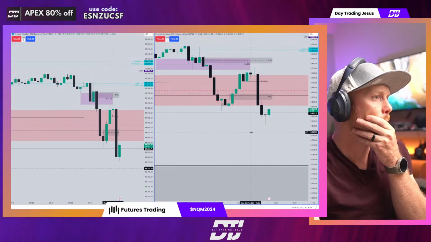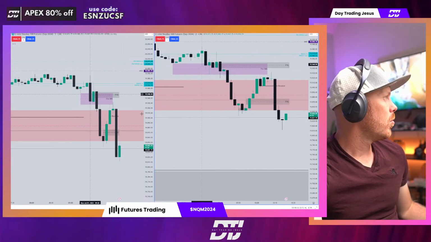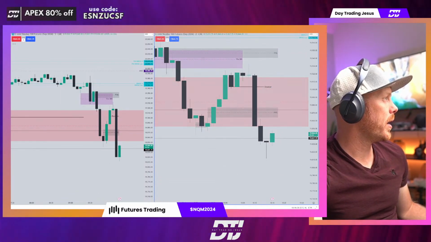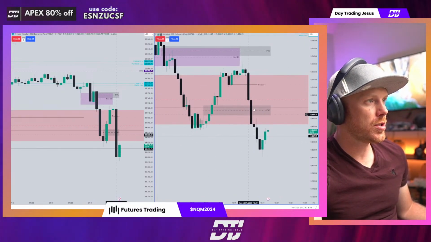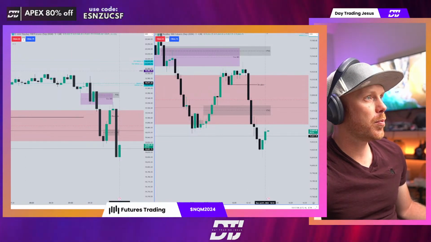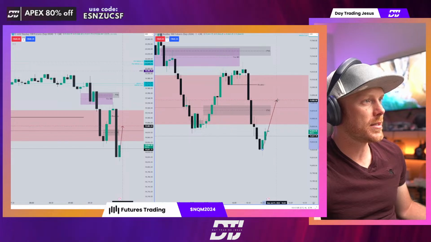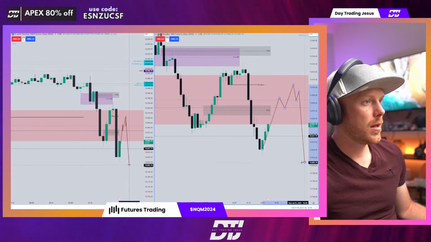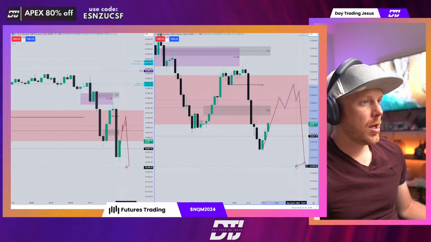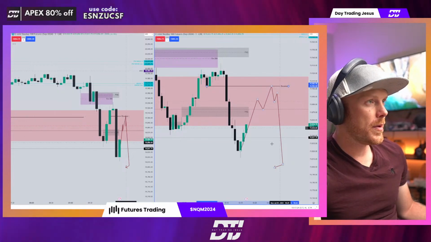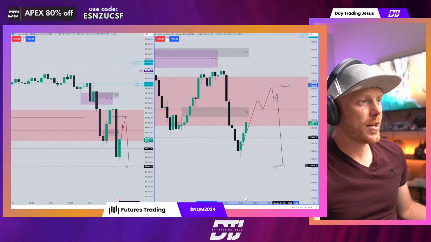So, what was I looking for? I really wanted this breaker on the 1 minute. The 1 minute breaker looked fantastic right now. Now, this breaker is still in play. What I would like to see is something like this. That's what I would like to see. Us coming into this breaker right here would be something I would like for a continued move lower, because I